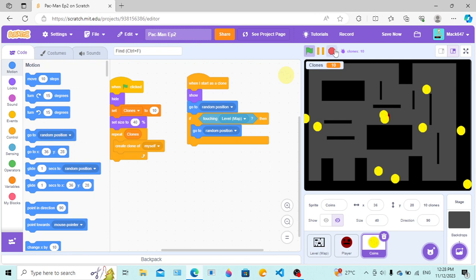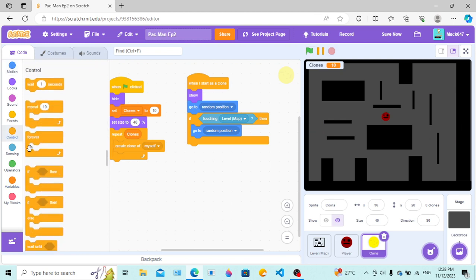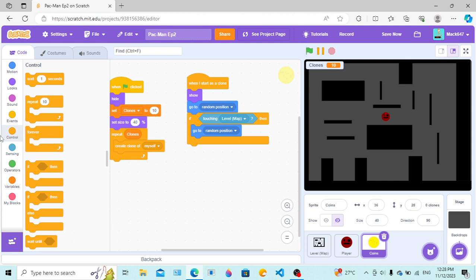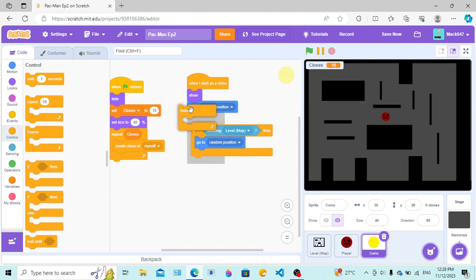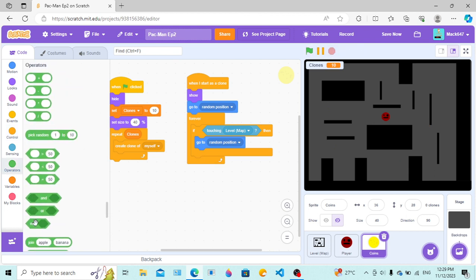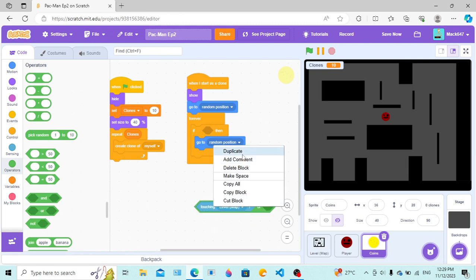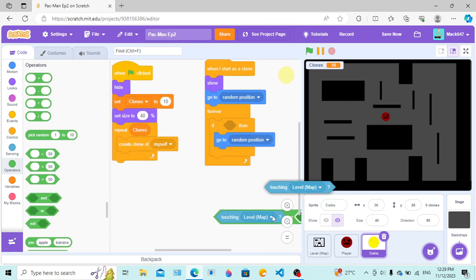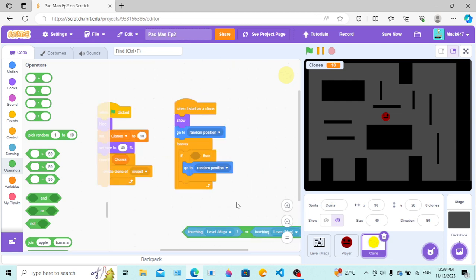There's still some issue, so we actually maybe want to put a forever block in there. Yep, so it goes around until it finds a good spot, or touches another coin. I've got to do that. So from operators, or touching coins, or touching coins,